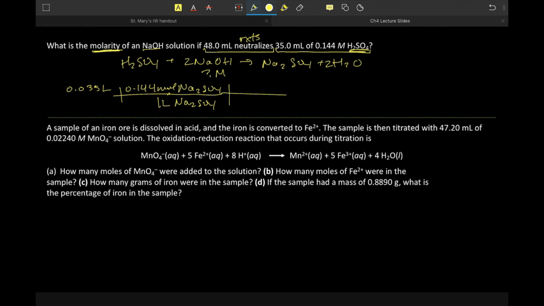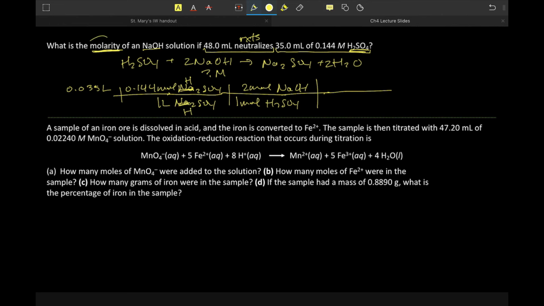Okay, and then we will use our mole ratio, which says that for every 1 mole of H2SO4, sorry, I wrote the wrong thing, for every 2 moles of NaOH, right? So if we look at our steps here,